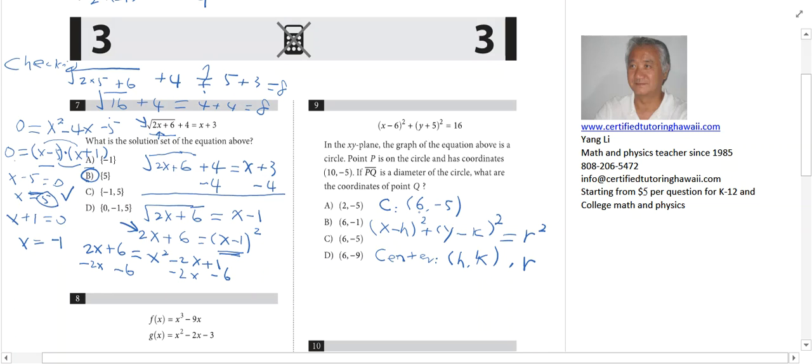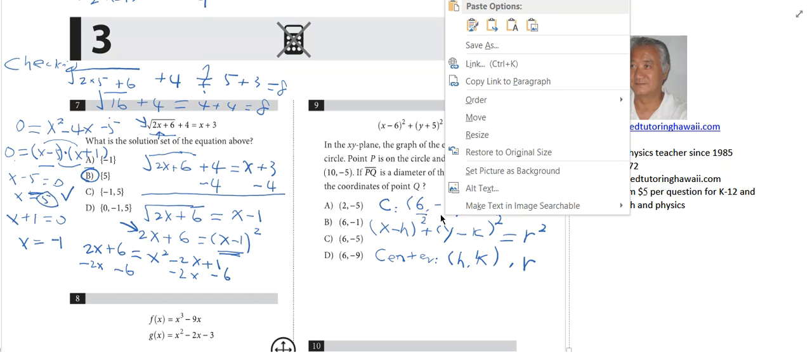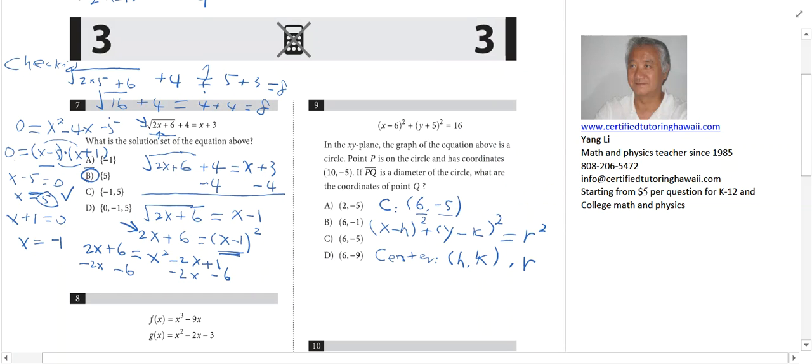So from there we can see the x coordinate of the center is 6 and the y coordinate of the center is −5. And for this question, r must equal 4, because the square root of 16 gives a radius of 4. All right, so now from here,